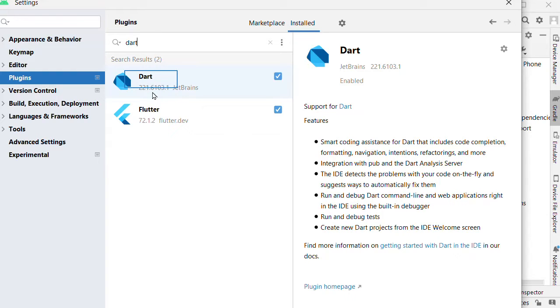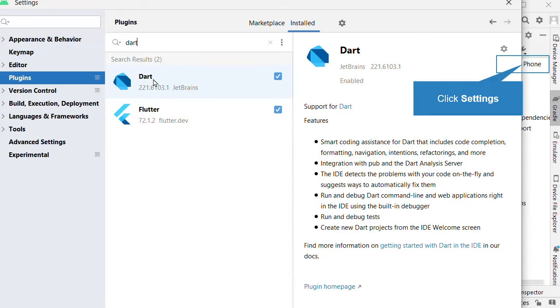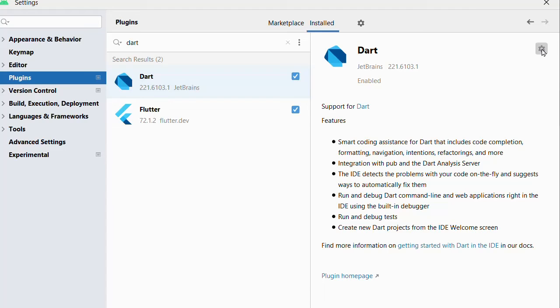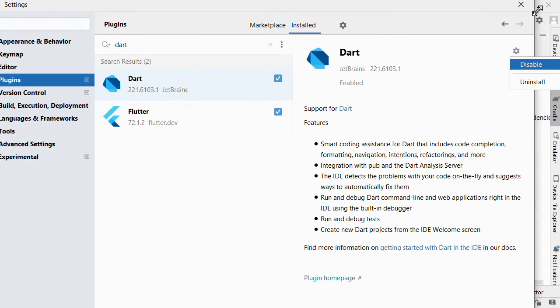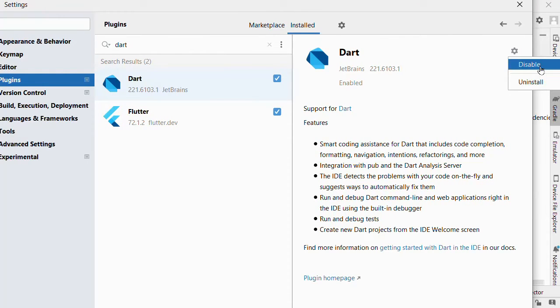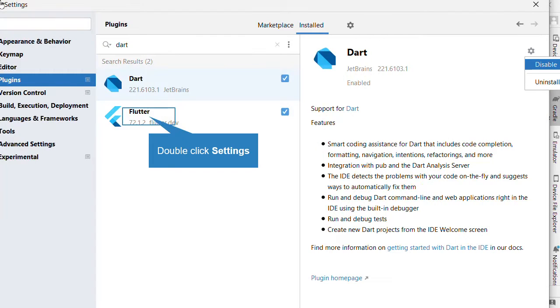DART. Now we can see that here is Dart and Flutter. Now click on the Dart and you can see a settings icon here. Just click on the settings icon and you can see here that there is a disable option and uninstall option, so you can disable or uninstall